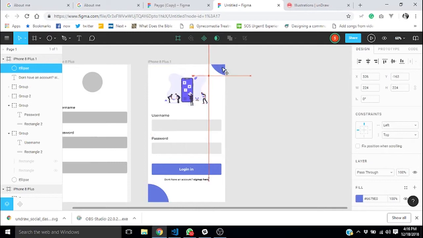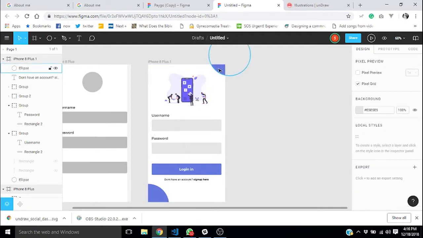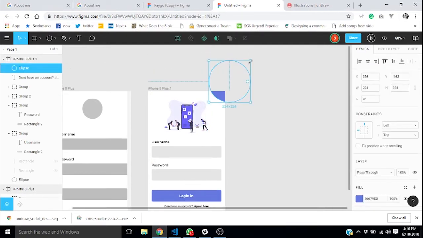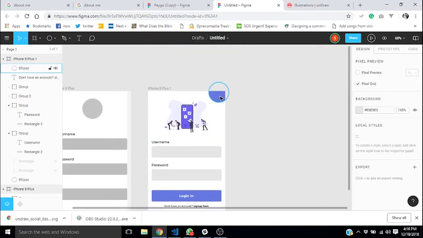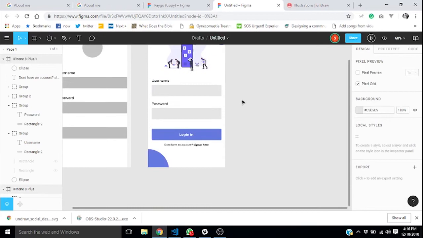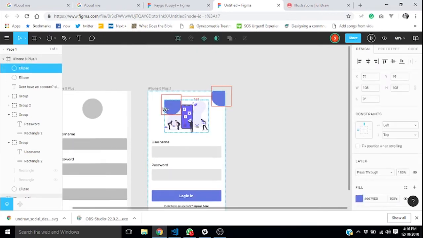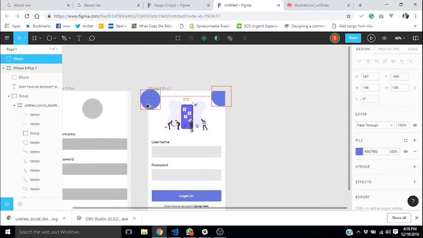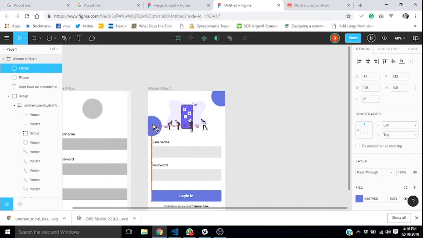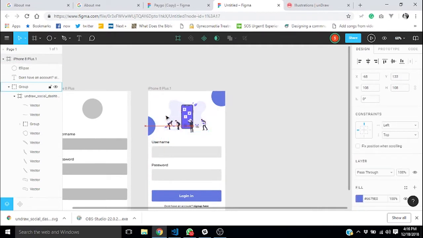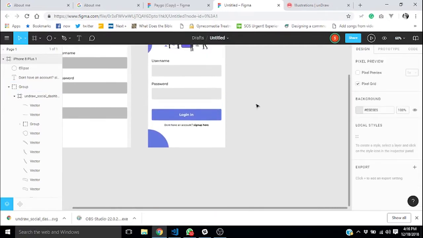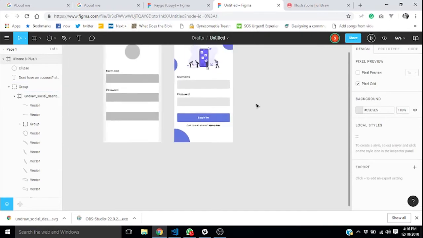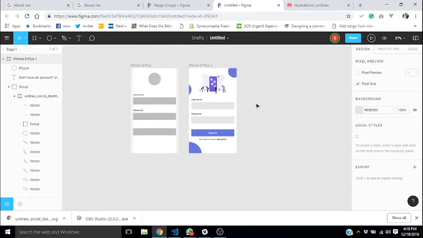Just to simplify, make everything the same. And we can have one more somewhere like here. Let's push that out a little bit. So yeah, I think we are